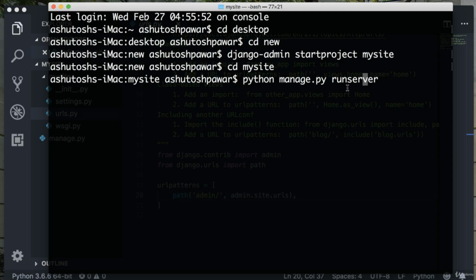But in my case, I actually have both versions of Python installed on my machine, that is, Python 2 as well as Python 3. So I need to explicitly mention Python 3 every time I use Python, because if I just type in python here, my computer knows that python means Python 2. So if you have both versions of Python on your computer, you need to explicitly mention Python 3 here. But if you only have Python 3 installed, you can just type in python here and it's going to work fine. So I'll type in python3 manage.py runserver, and when I hit